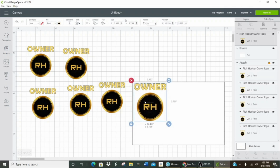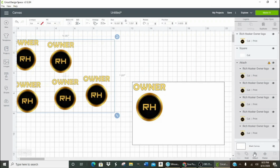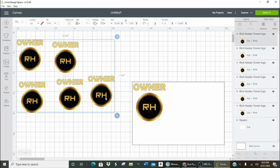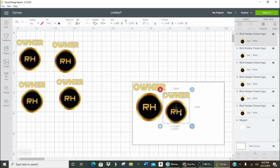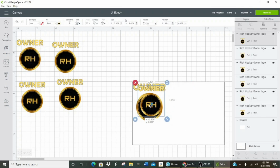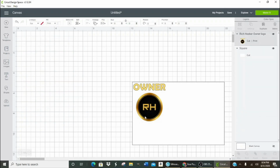And I'm going to see how many of these I can fit on this page. Why does one look smaller than the other? Is that it? Oh, because, yeah. I am so crazy. Okay. If I go with 3 3/4 by 3 and almost a half, I move my